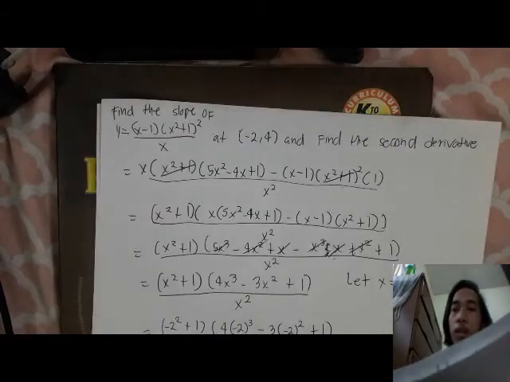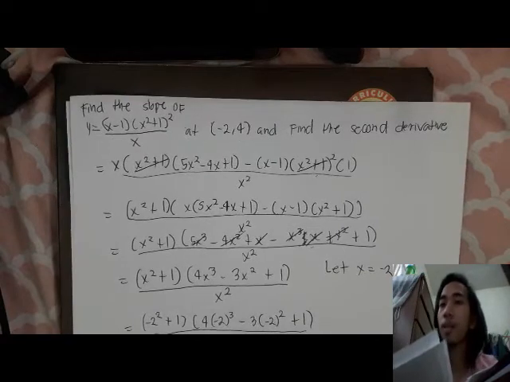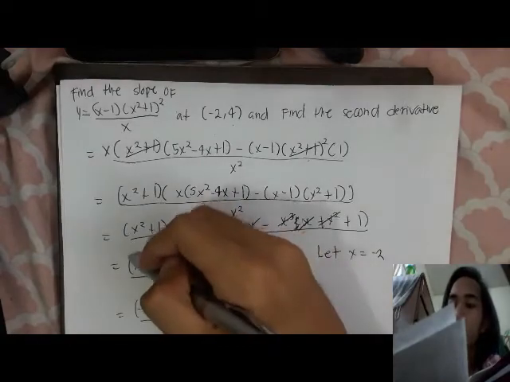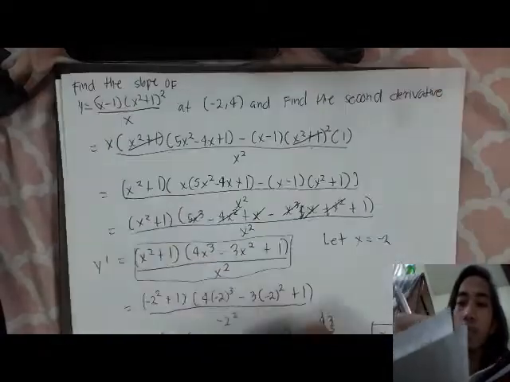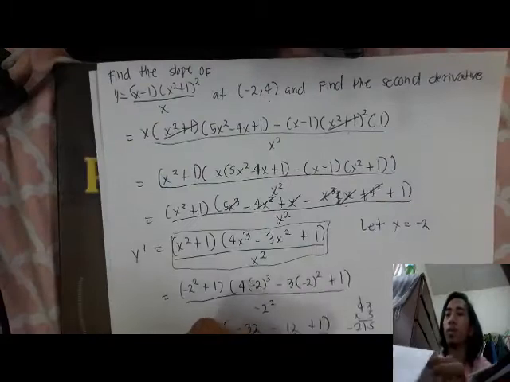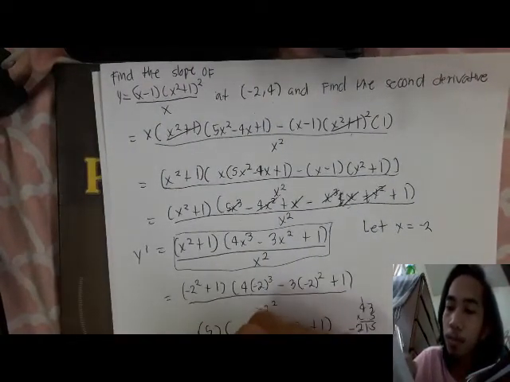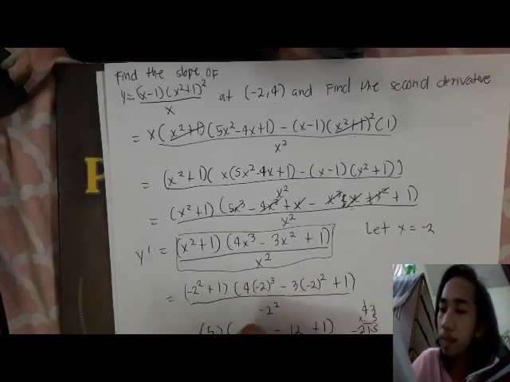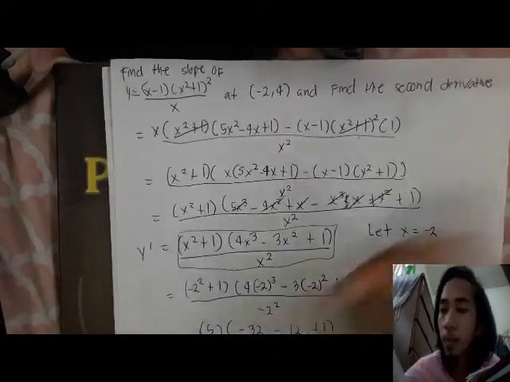Now, nakuha naman natin ang first derivative ng function natin. Hahanapin naman natin ang second derivative ng function na ito. Ito ang ating i-derive, kasi ito ang y prime ng function na ito. So y prime, copy muna natin: cos x squared plus 1 times 4x cubed minus 3x squared plus 1 over x squared. So equals,